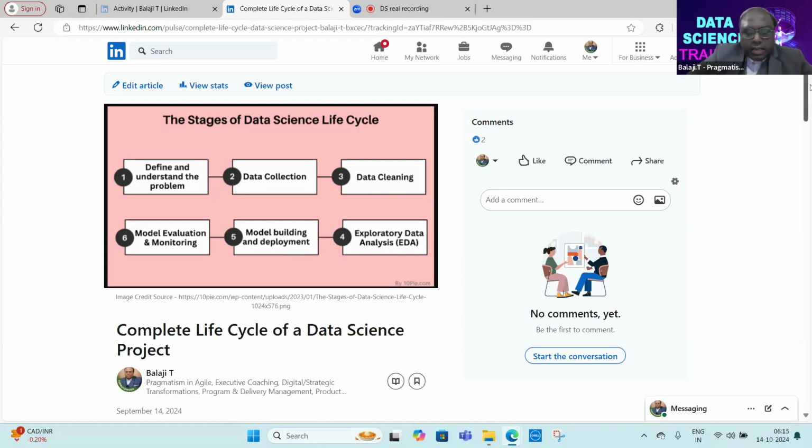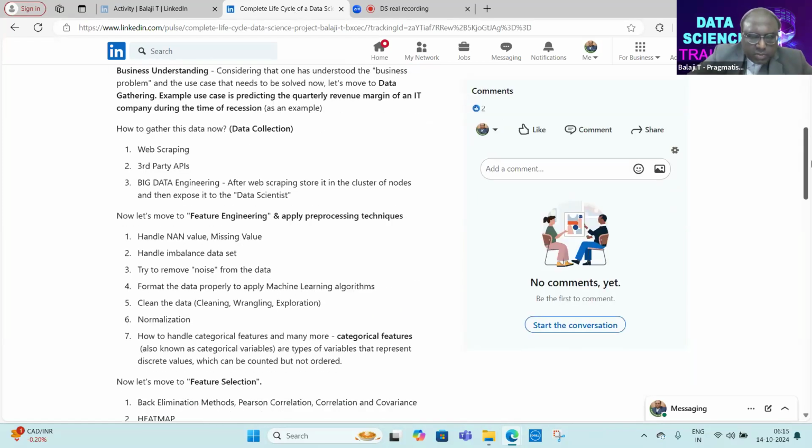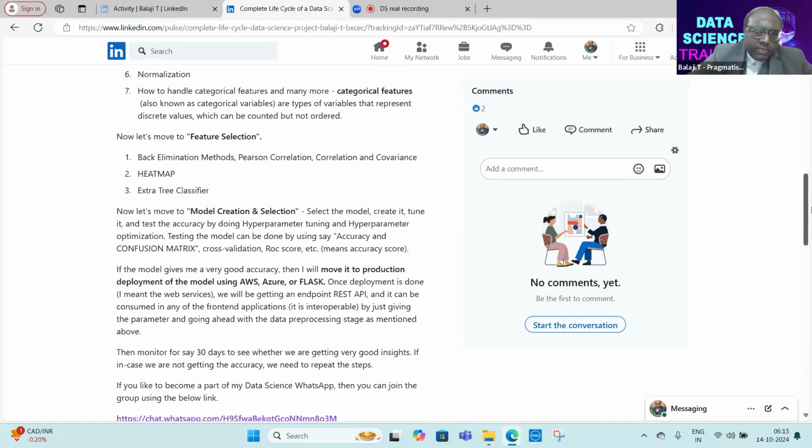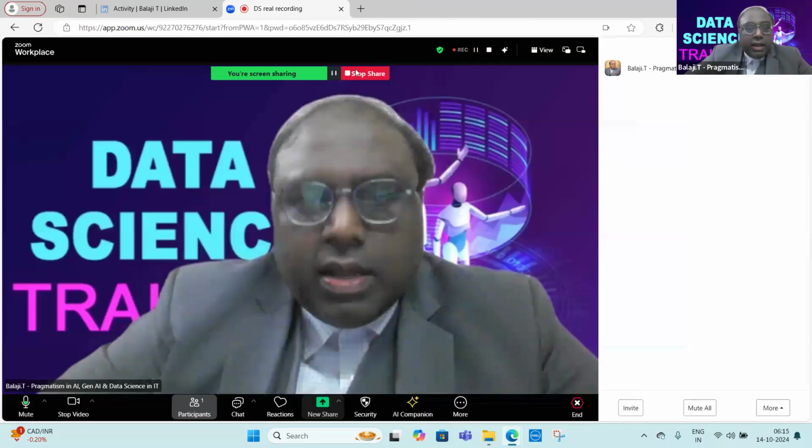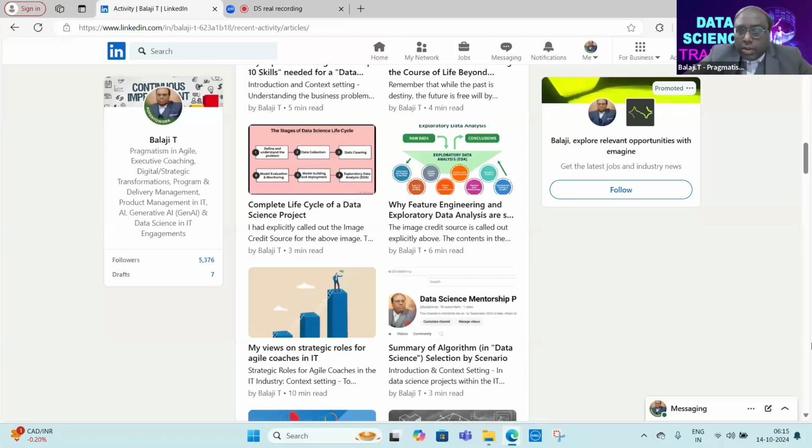This is the life cycle of a data science project. I have explained it here in simple English, and for the production deployment we have made use of the Flask framework. So just go through this article. You will understand it at a high level at least, though not word by word.